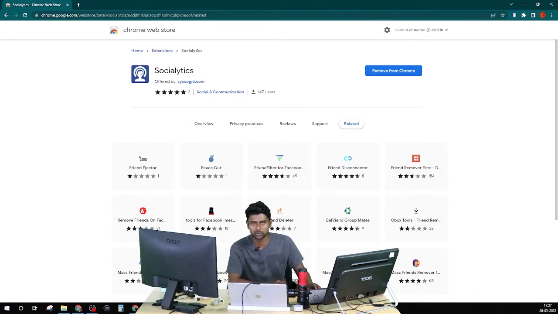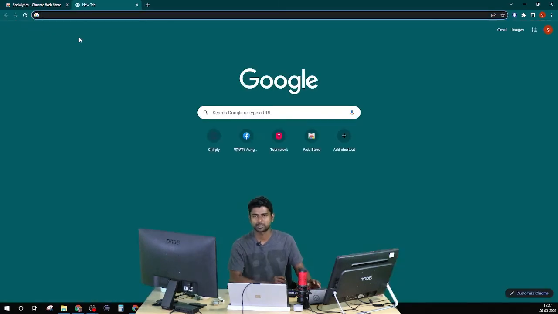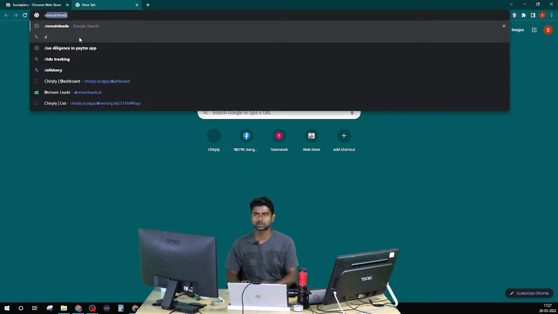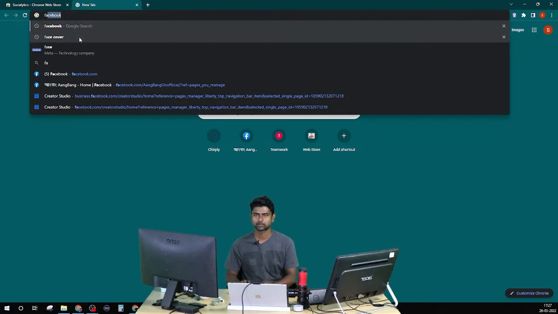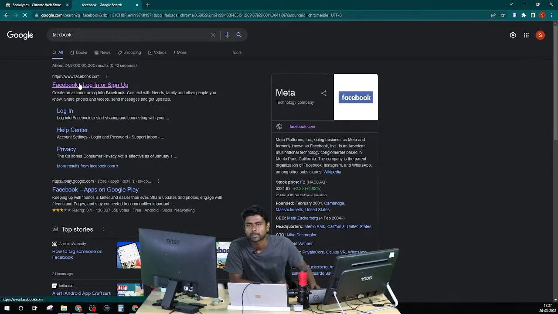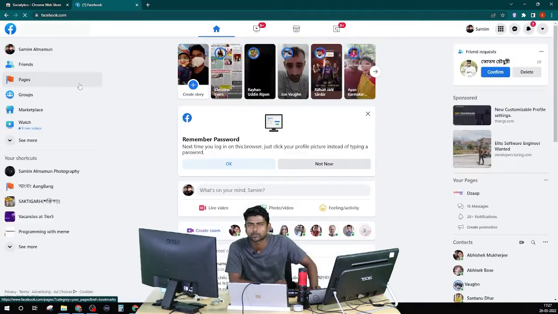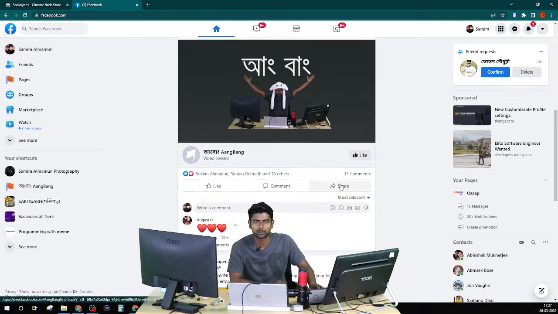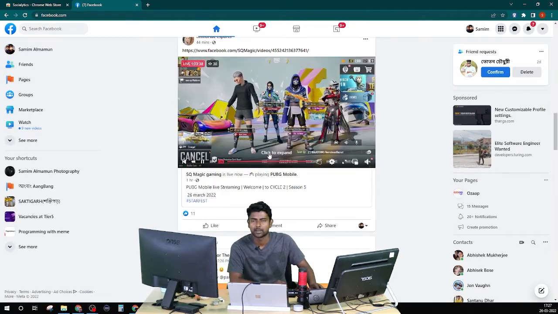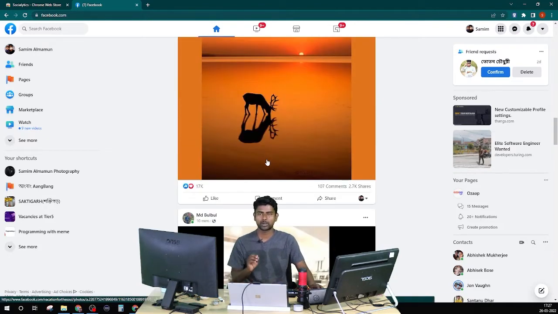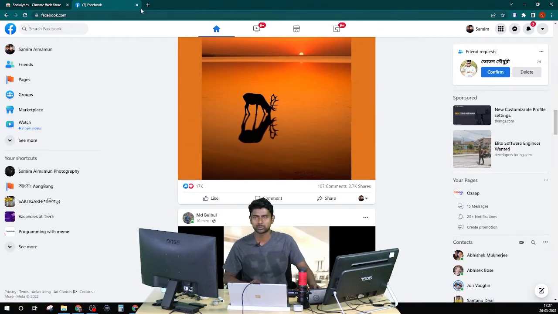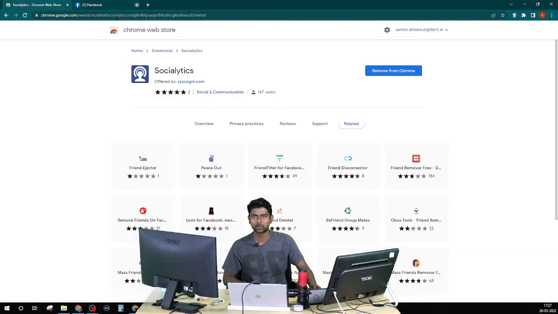To use this Chrome extension, make sure you are logged in to Facebook on this browser. So let's open Facebook. Here I am logged in, and you just have to make sure that you are logged in on this browser. You don't need to keep it open, you can even close it. Okay, now just click on this socialytics icon, you can see over here,